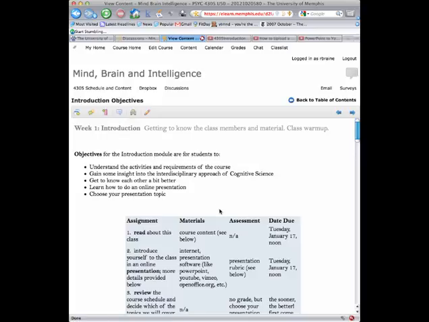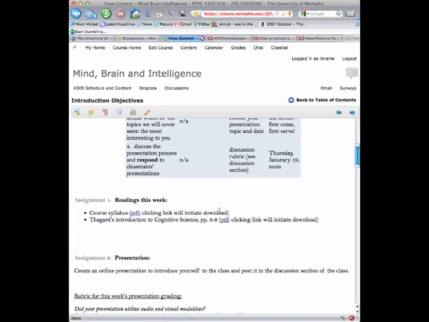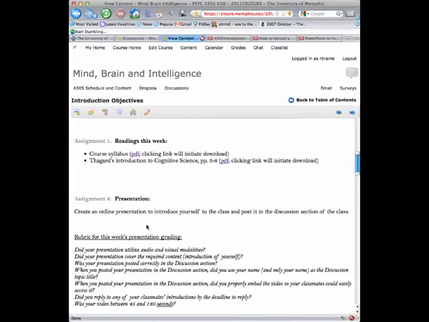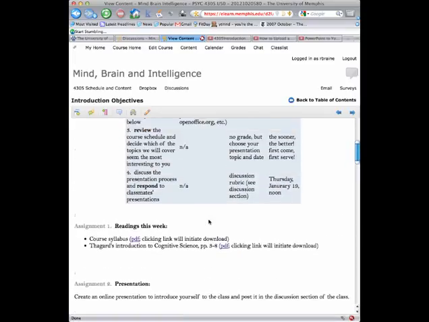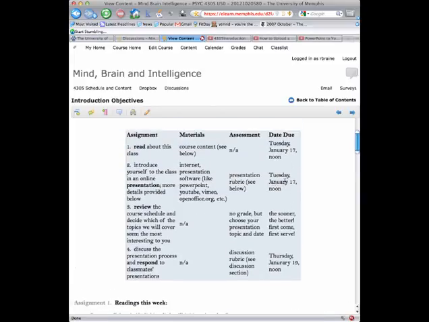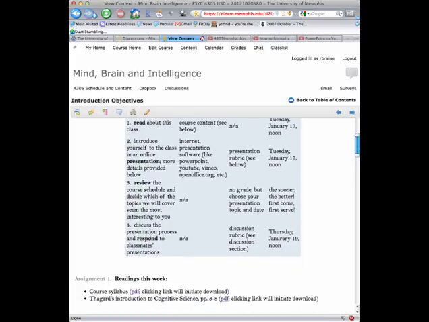Back to this week's page, you can see right now what we're talking about is your second assignment for the week, which is to create this online presentation. Keep in mind that it's due on Tuesday at noon, okay? And you also need to respond to your classmates' presentations by Thursday the 19th. This can be done in text. This needs to be done in a YouTube video embedded in the